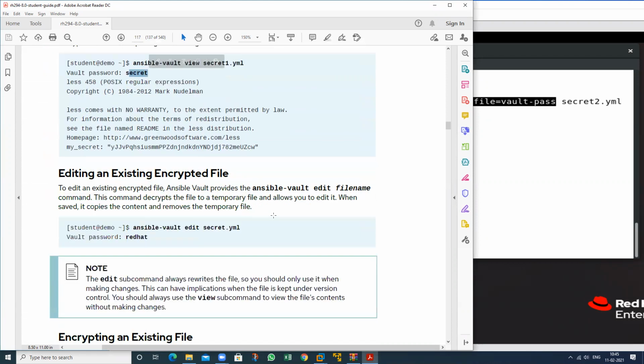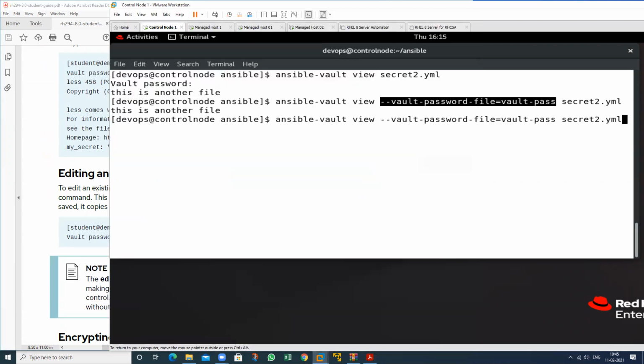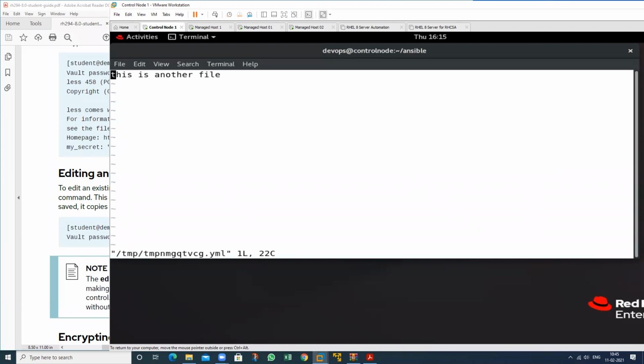And if you want to edit, in the place of view, just type edit. So we are able to edit in this one, and the password will be taken from the vault password file. Yes, from the password file. This is second line.